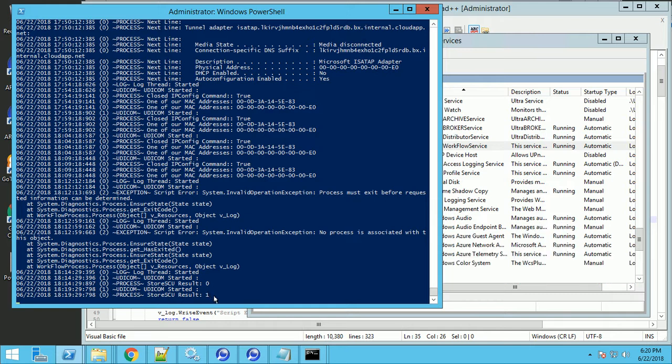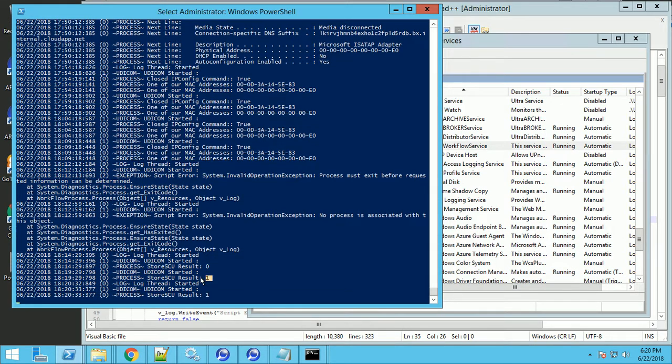When I made this change, now the result is a 1. 0 means that it worked, right? 0 means there's no error. 1 means that it returned an error. So something went wrong. So we can use that, right? We can catch that to see if we have to do something else, or to see if it